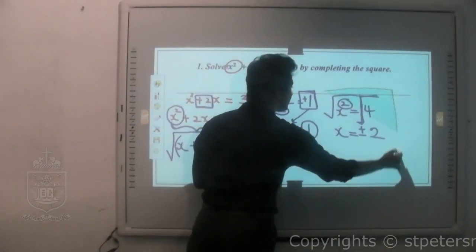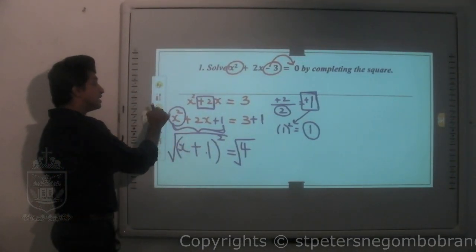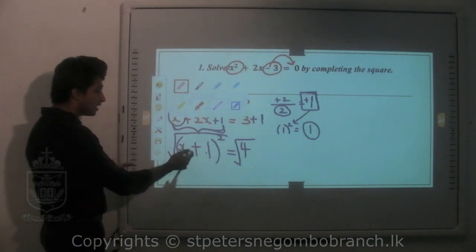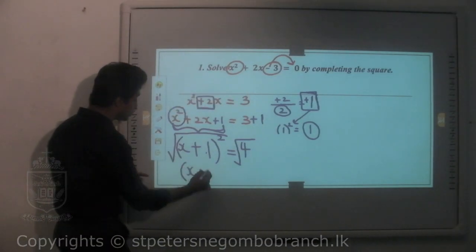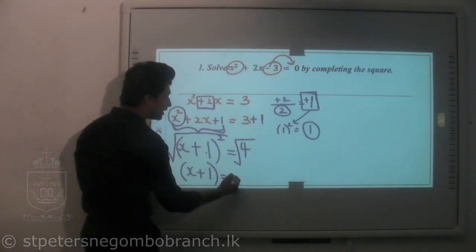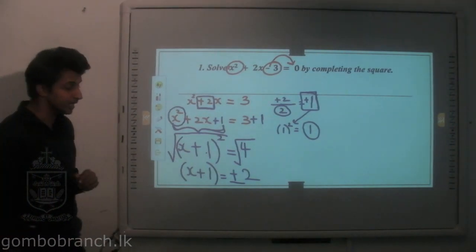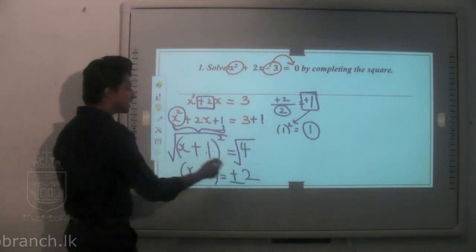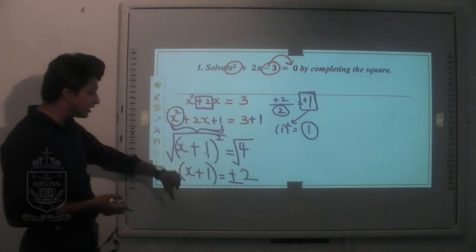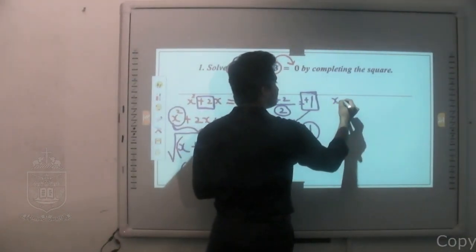So remember very carefully in quadratic equation questions, especially when you are taking a square root value, you have to use plus or minus. Now after I open the square root, x plus 1 will come alone and this value will be taken as plus or minus 2. Alright. Square root 4 is taken as plus or minus 2. X plus 1 squared, after taking the square root value, it will come out as x plus 1. Now, we have an answer like this.